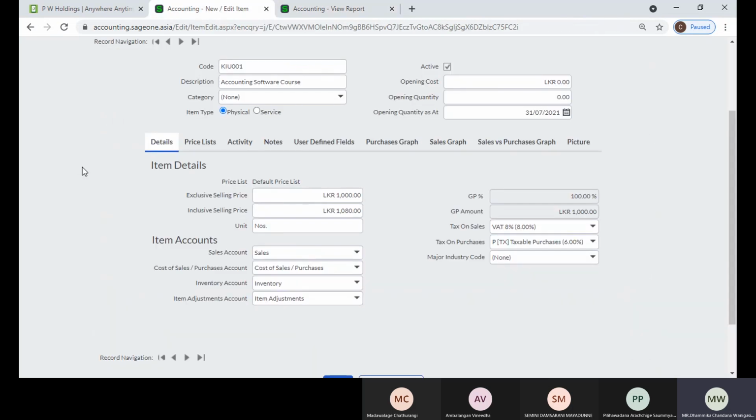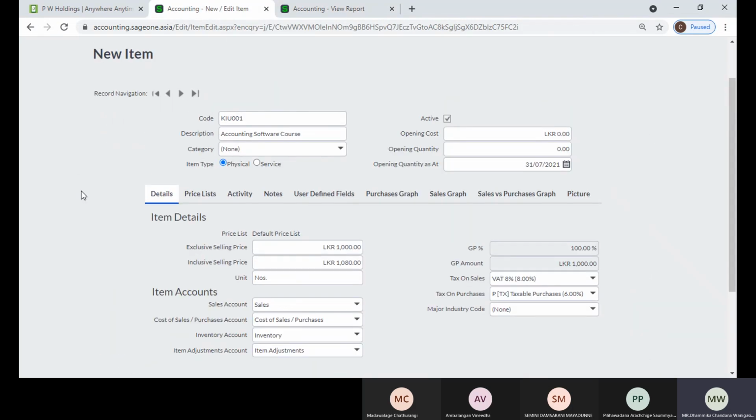Now for an example, if you are running a hotel, then you want to identify what is the food and beverage income, what is the accommodation income, what is the other services income, like that. If you want to identify those categories separately,